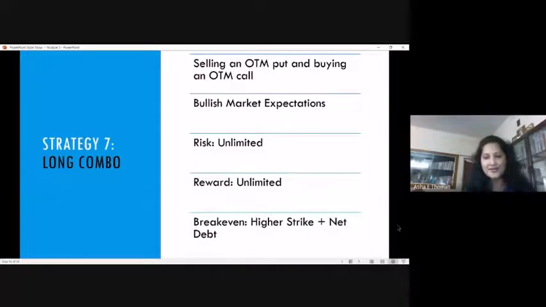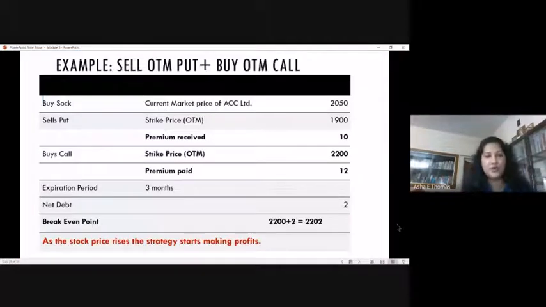Okay, so let's look at an example. That will be very easy for you to understand. But what you have to understand is that only two things are happening: selling a put and buying a call. That's the thing which you have to remember. So here, what happens is sell an OTM put and buy an OTM call. So on the sell put, what can happen here is,